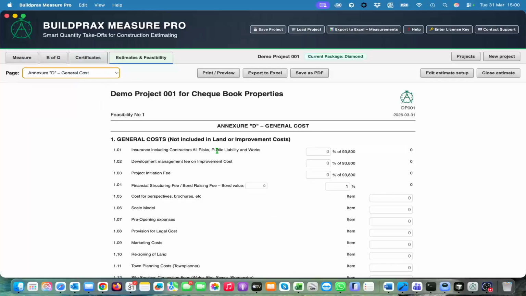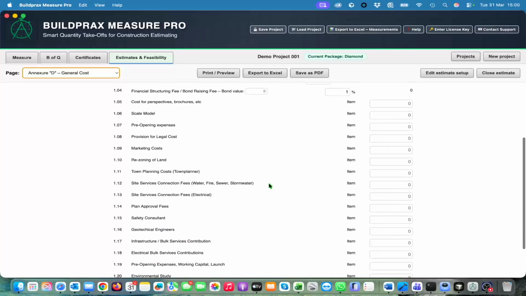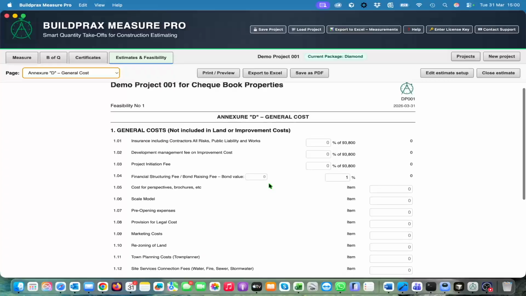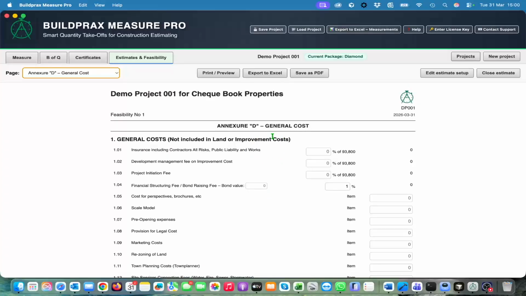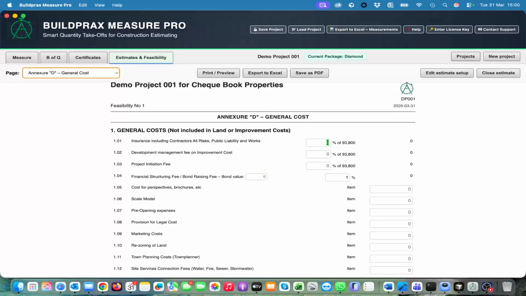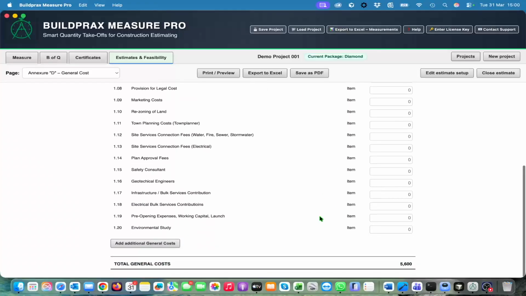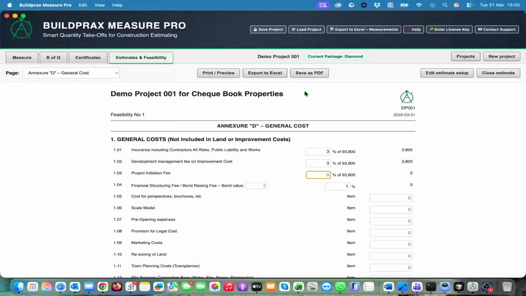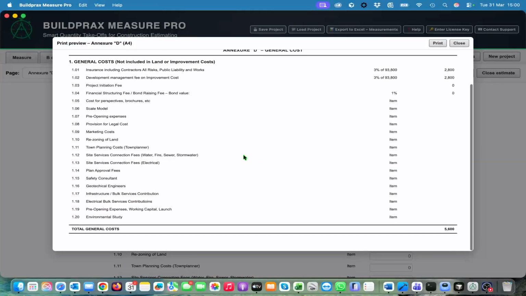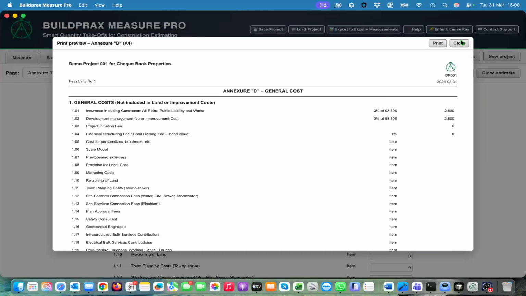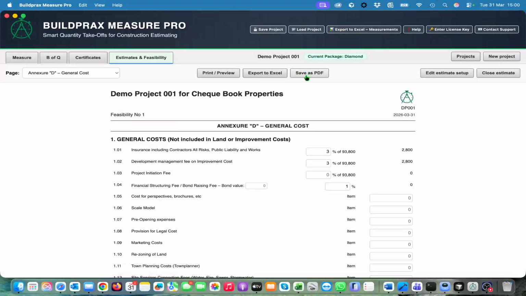The same will go then with your general cost. Your general cost is virtually just a list of items that are not included in your land and improvement cost. And let's say there's 3% for development, and so on. You fill it up, and once you're happy, you say that is fine. Always you can have a print preview. You can see what is happening, and you can save all of these things to Excel,